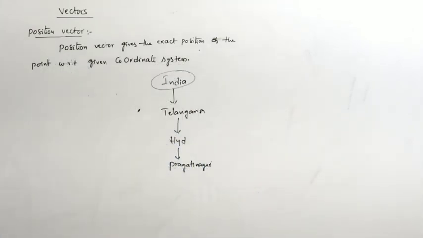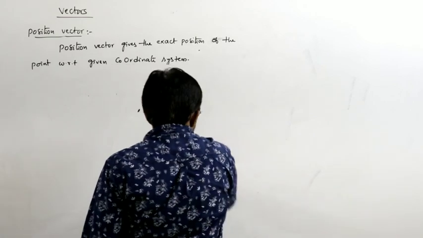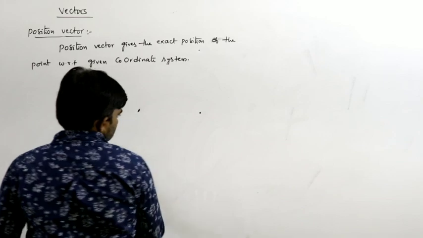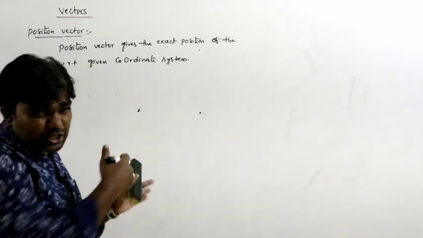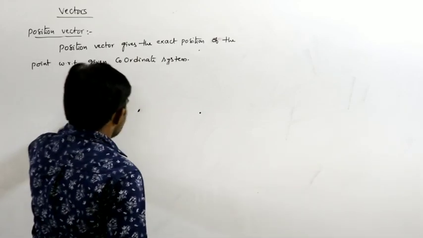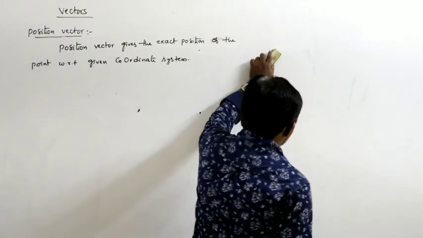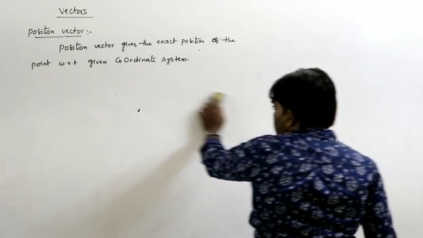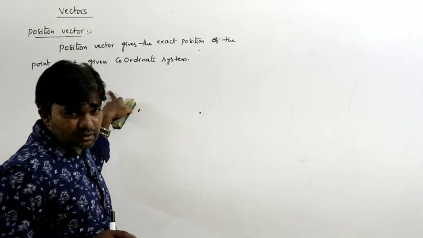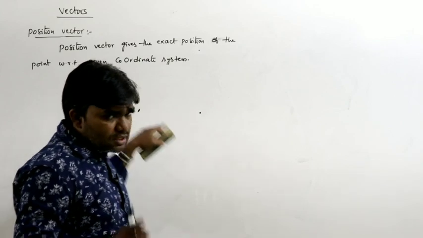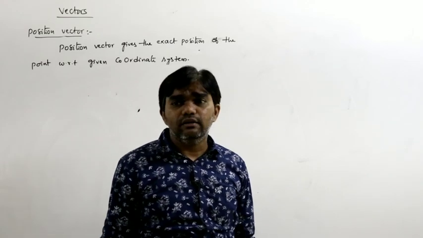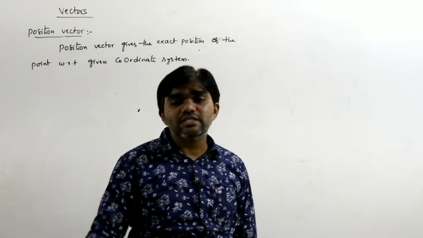So here we have a 3-dimensional coordinate system: x axis, y axis and z axis. It is not possible to represent the y axis and z axis on the board 3-dimensionally. So for our consideration, have you got the clarity here? To represent the position vector, some reference point is compulsory. With respect to what are we defining? That is compulsory.